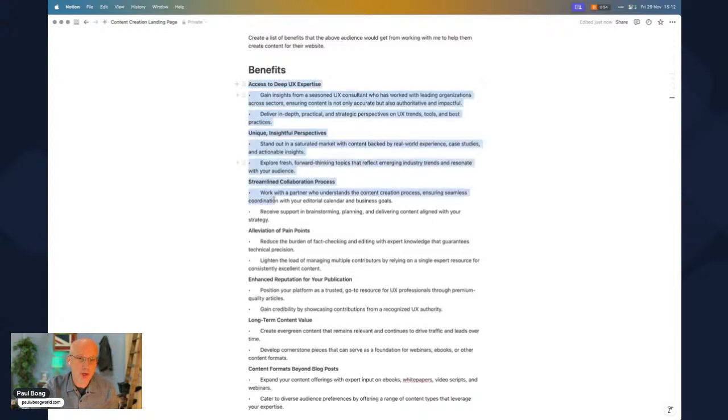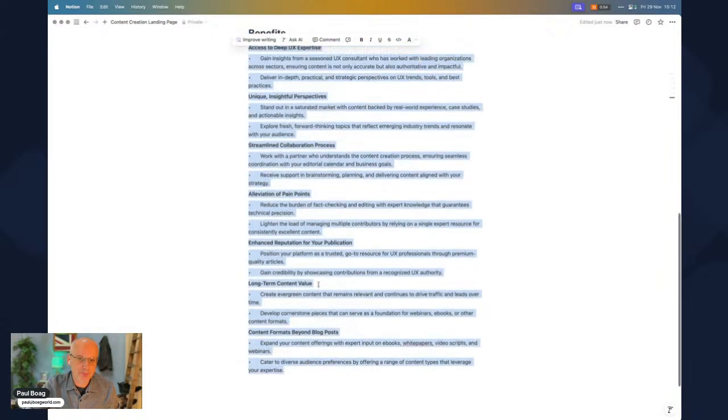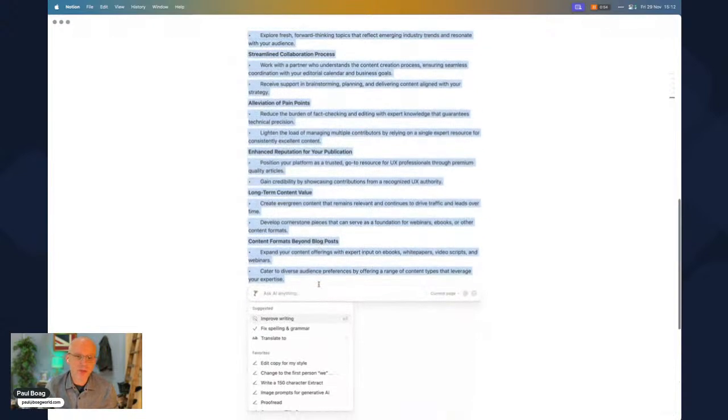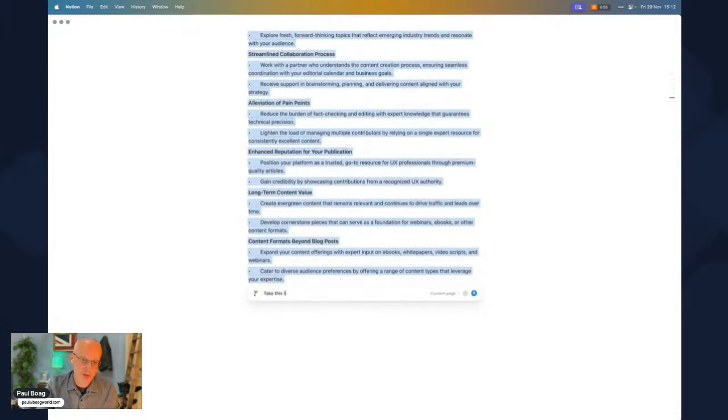So what we're going to do is we're going to ask AI to take this list of benefits and identify the top 3 that would most, why am I typing this when I could be dictating it, would most resonate with the persona above. You can combine multiple benefits together if that would work.